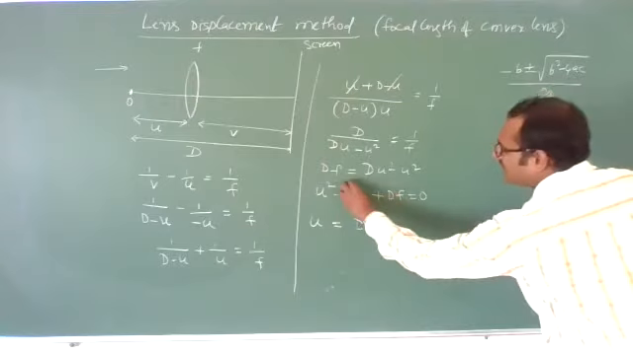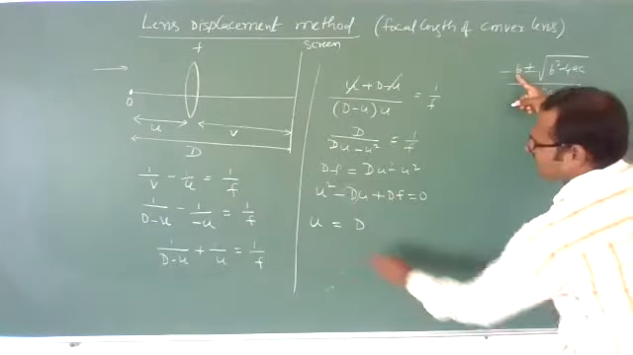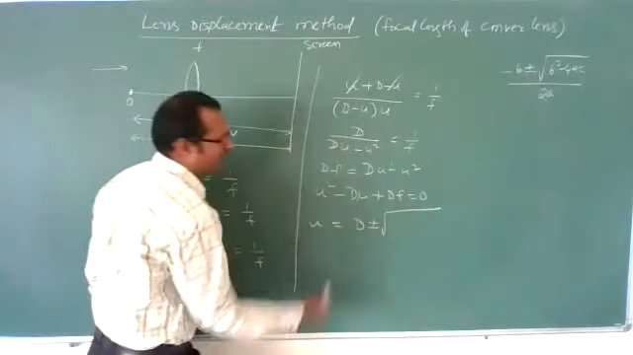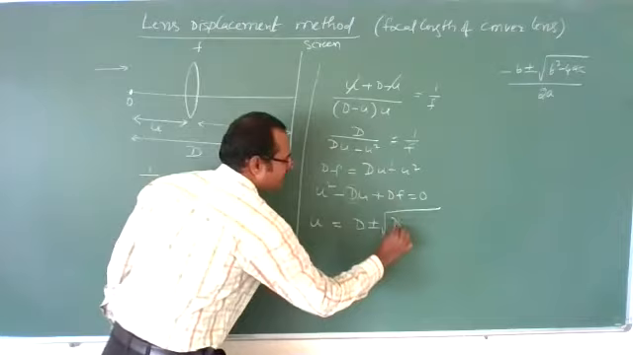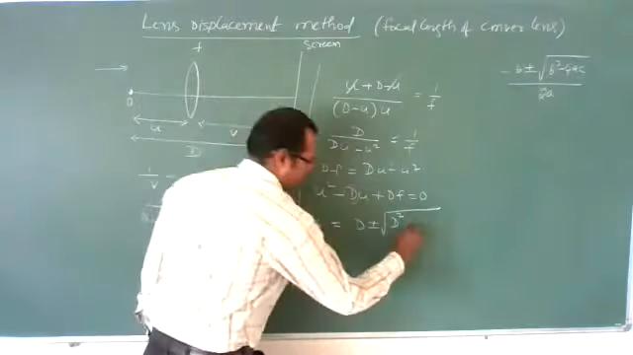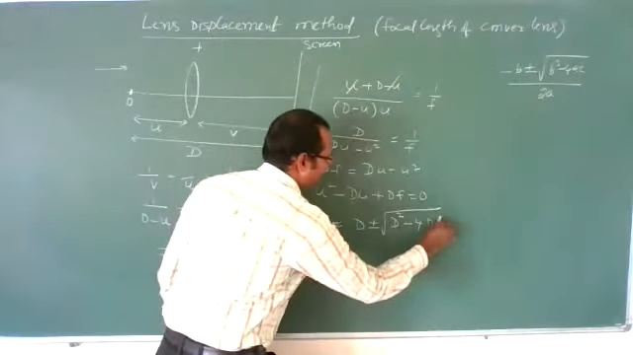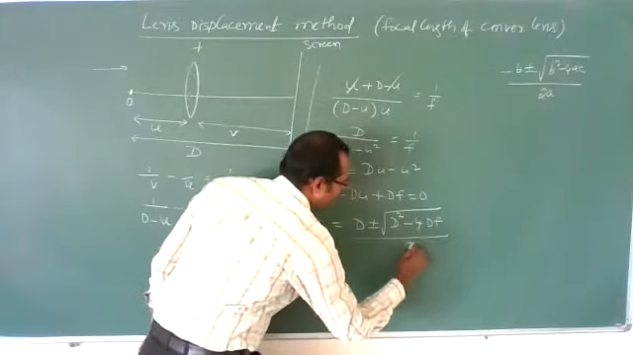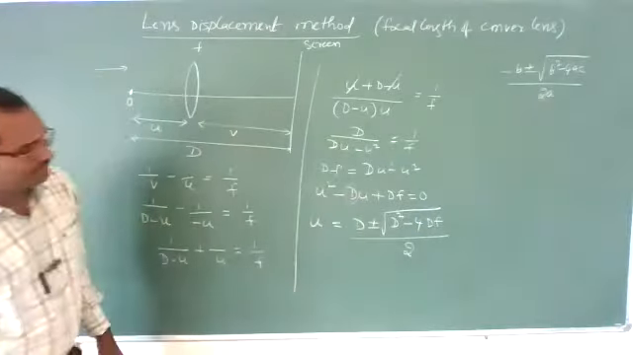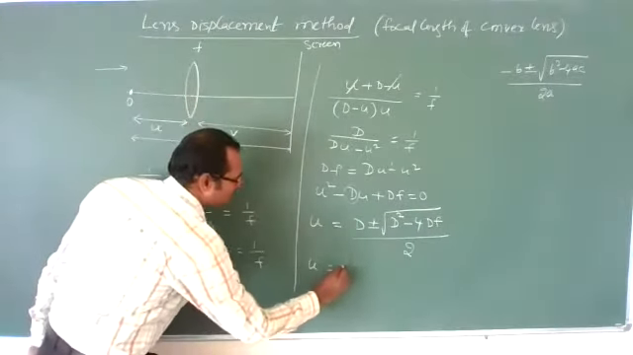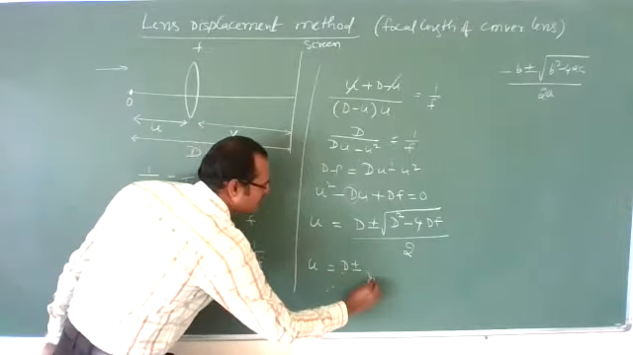What is b value here? Minus b. So minus of minus is plus b, plus or minus square root of b square minus 4 into a, which is 1, into c, which is df, upon 2 into a, which is 1. Clear? Yes. Now u is equal to D plus or minus root of...